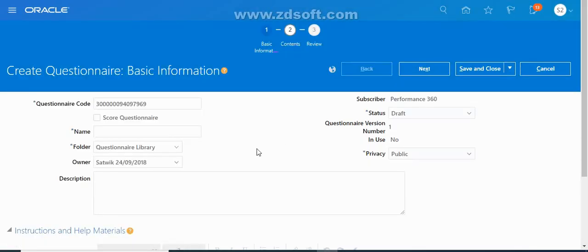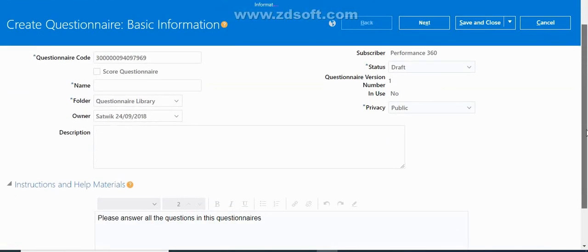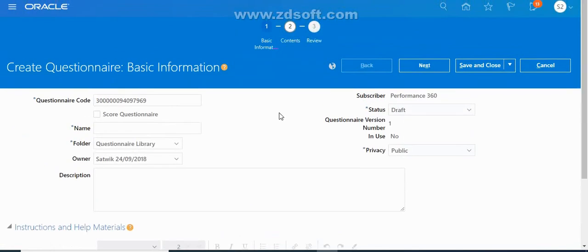Once you click on OK, the questionnaire template will be selected, and then the questionnaire ID will be generated. For this questionnaire ID, you can give whatever ID that you want. Now I'm giving this questionnaire ID as Q1, MYFT questions 1 or Q1.